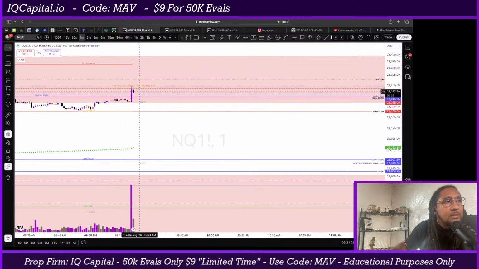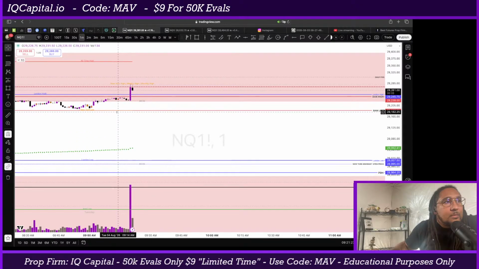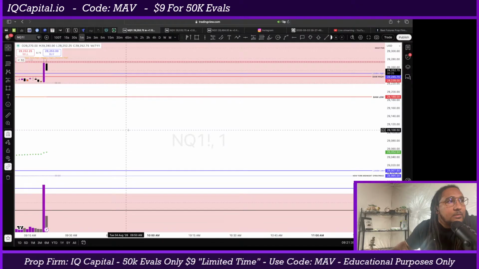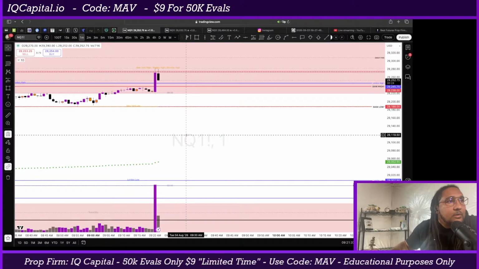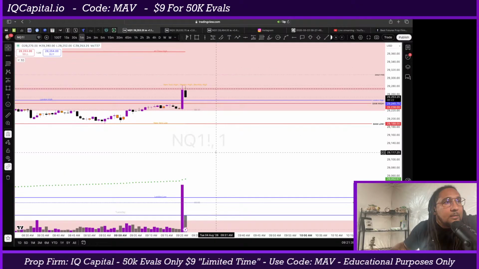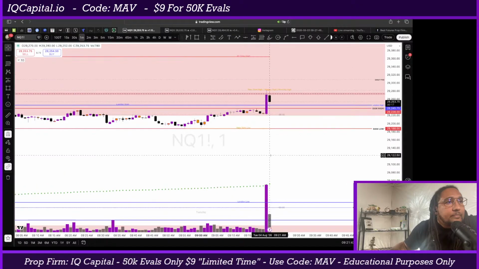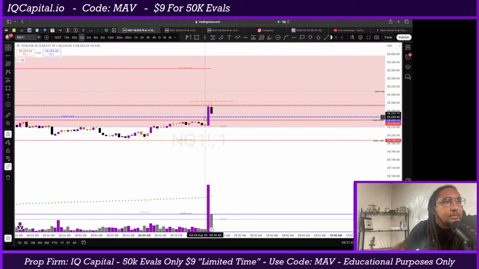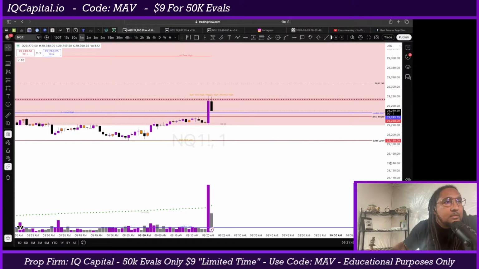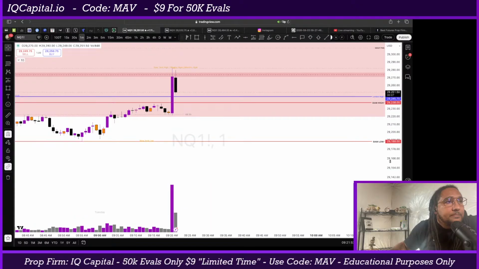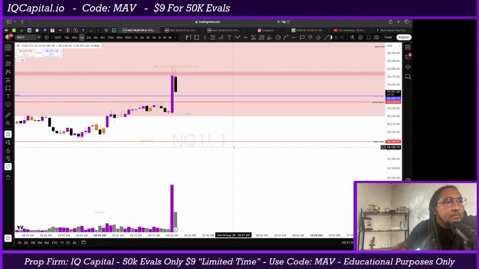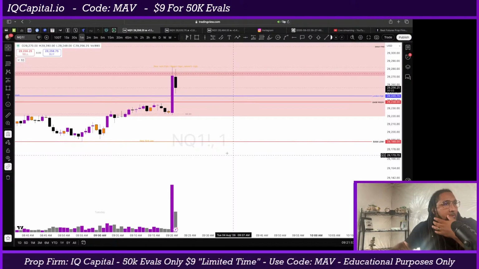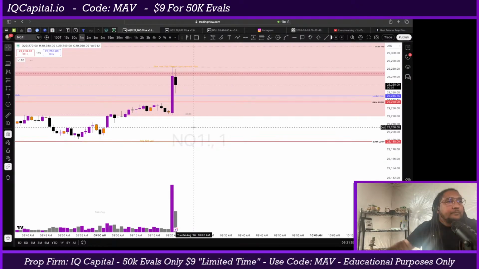So it looks like we did shoot up higher at 9:20, and we tapped into that PD array there. So now I'm looking for some type of inversion to get us an entry down into these lows. That was a major upkick there before the open, which I'd have rather seen at the open, but